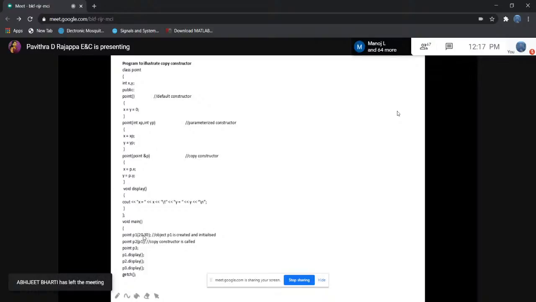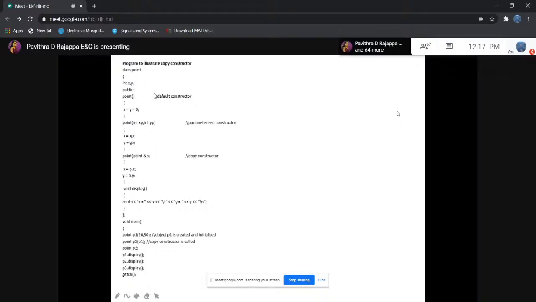Therefore, it copies whatever variables or data members are present in the object p1 to p2, and then we have another object p3. The p3 object will be created, so that as soon as the object is created, the constructor will be invoked.